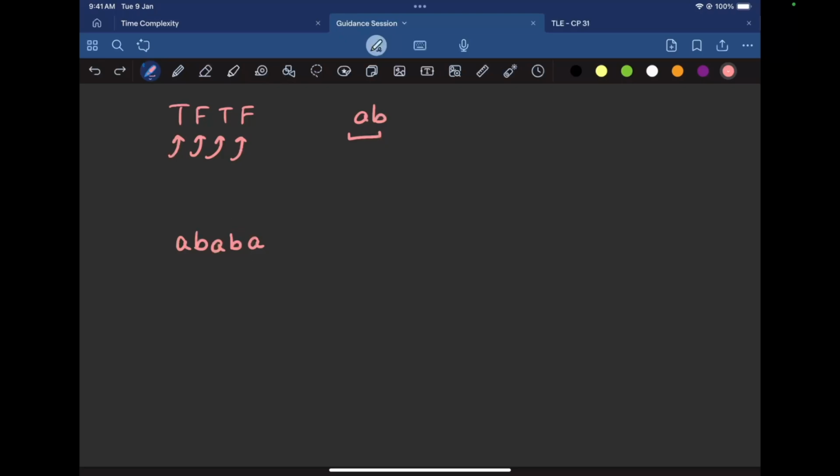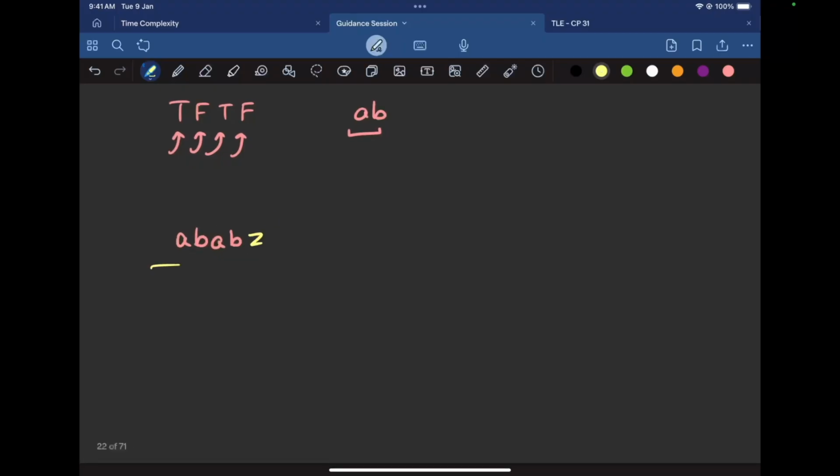Why do I feel this is the best answer? Because remember, multiple answers were possible, since we are talking about the lexicographically lowest. And why did that happen? Let's talk about a small case over here. Let's see the last 2 places, BA. Now, all the question is telling you is that these last 2 places should not match with AB. So if I had made this A letter, let's say, Z,